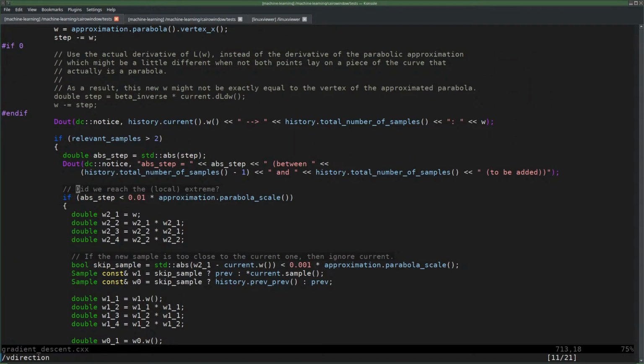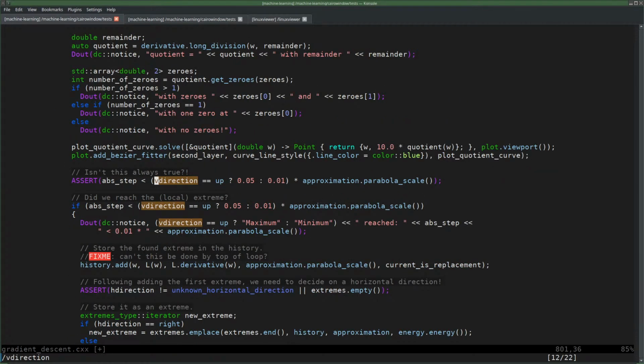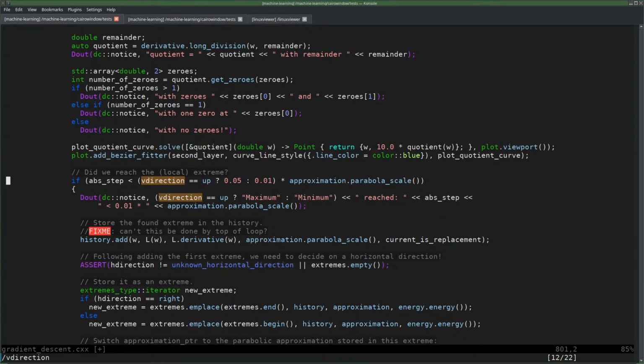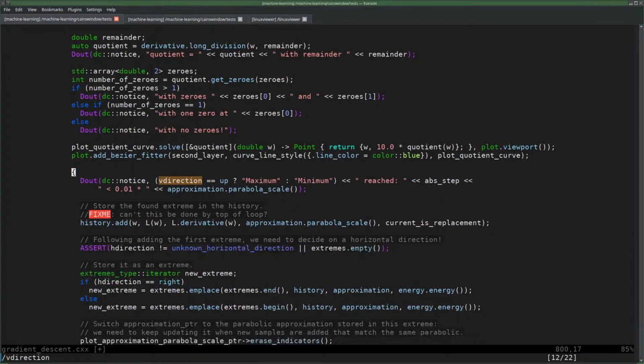That's here. So this is always true because, well, I just tested that. And then this is always true. So the